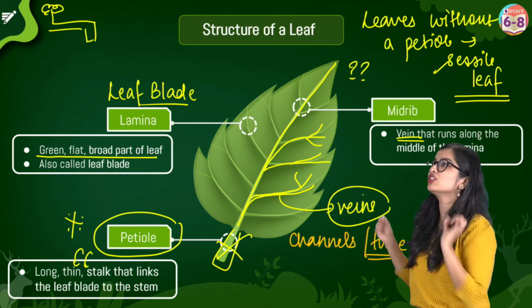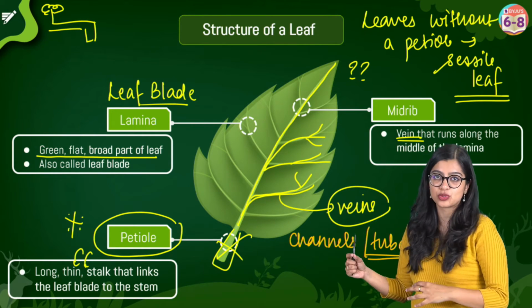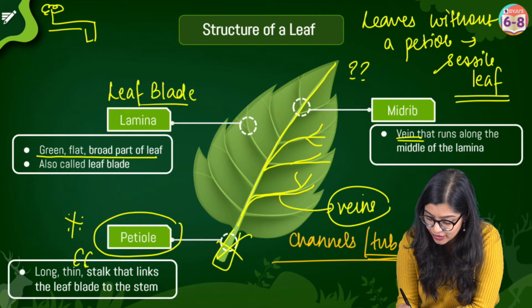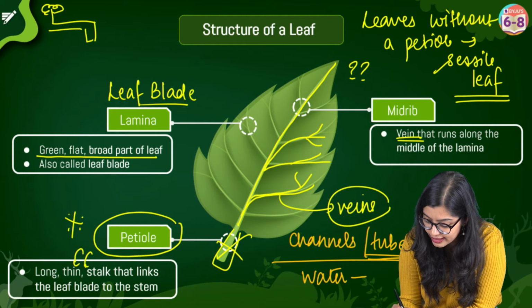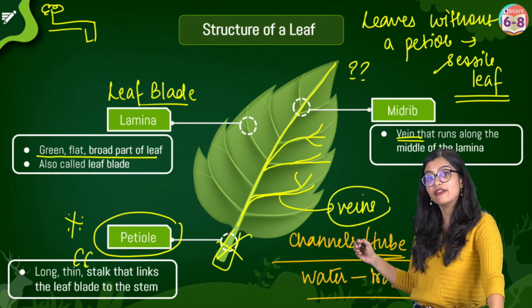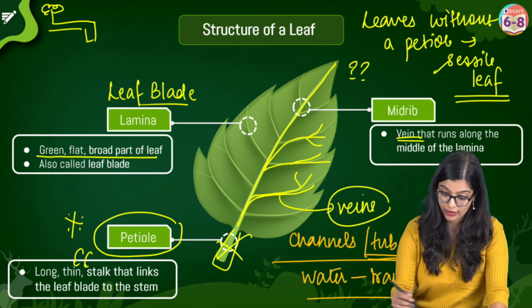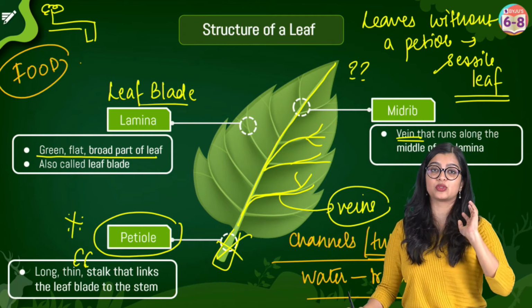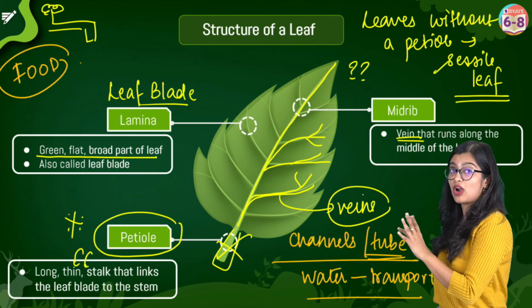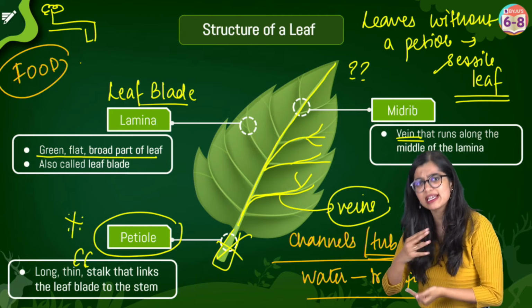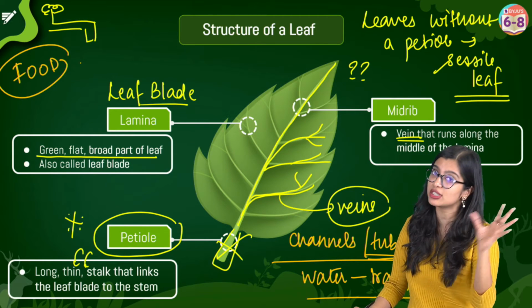So although they may just look like lines, they are actually tubes through which water is transported all the way to the leaves, and along with that we also see that food gets transported. Very important pointer. Food I have just mentioned, right? Food is transported. Now, of course, why do we need water, and where is this food coming from? We will explore this idea a little more when we talk about the functions of the leaf.